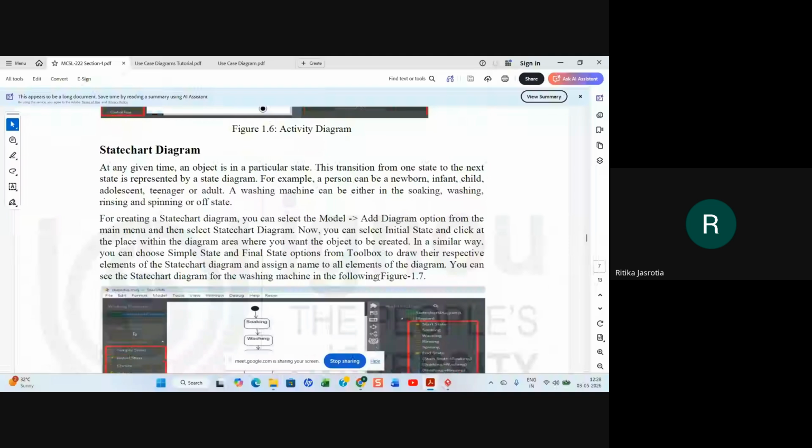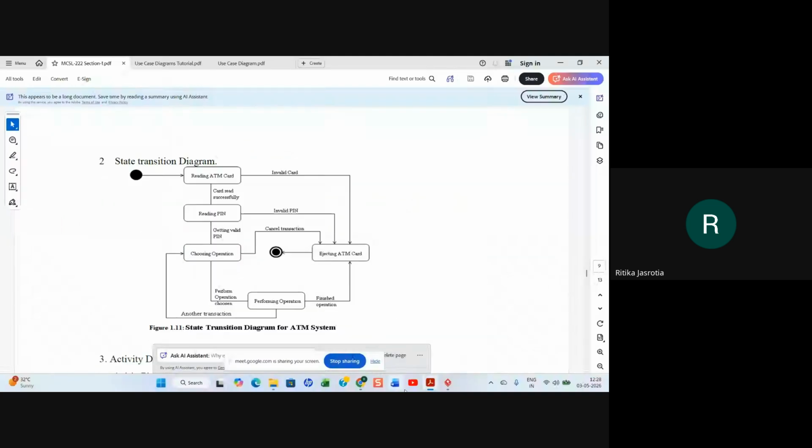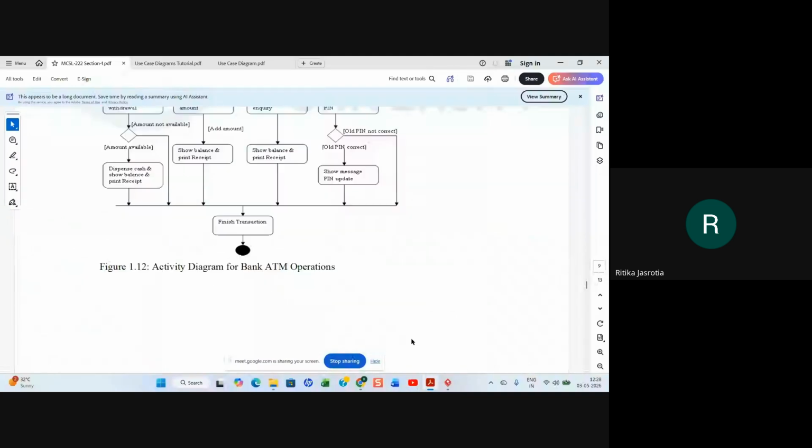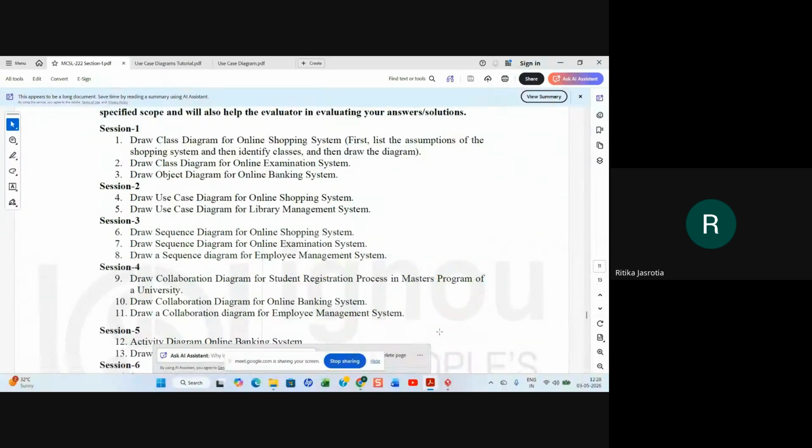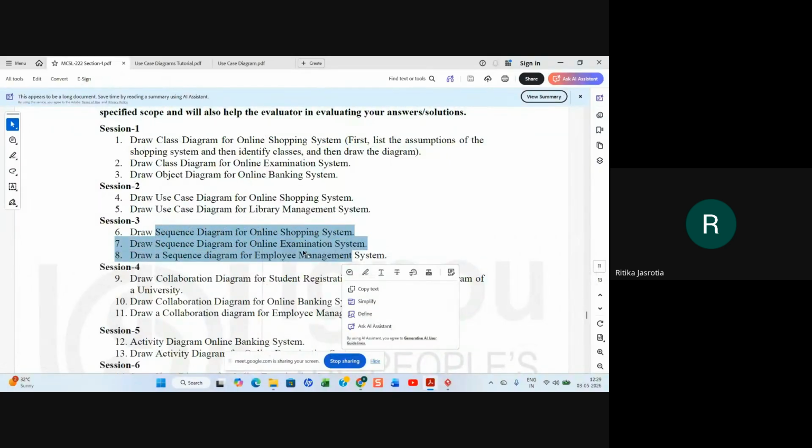Other theory things also you should know, but most important are your diagrams, which are the base of this object-oriented analysis and design. So in the next class, next Saturday, we'll be talking about the sequence diagram. That means we will be doing practically how a sequence diagram is drawn.